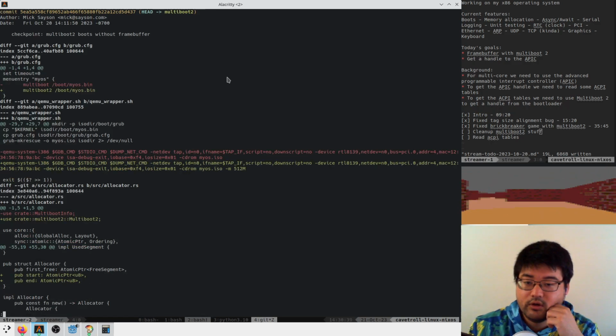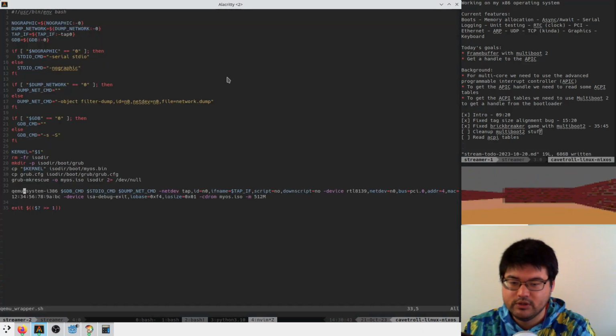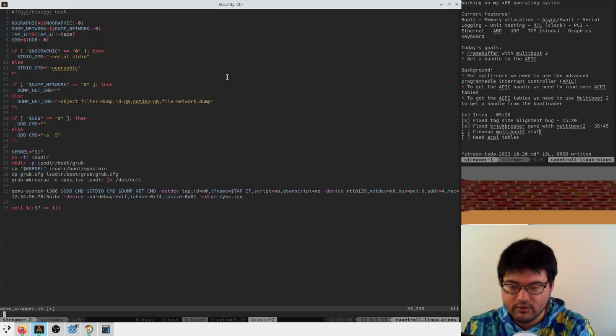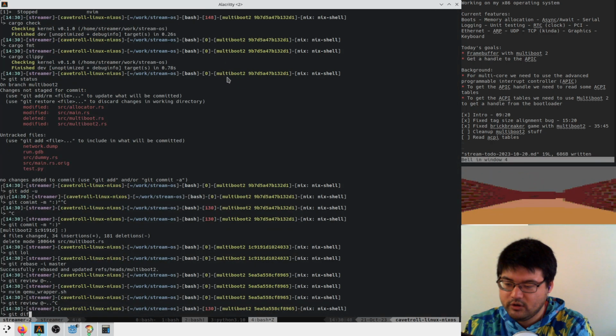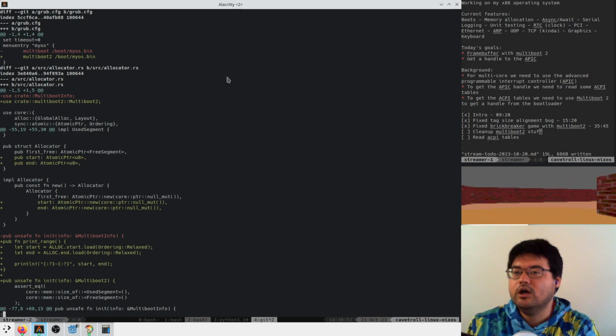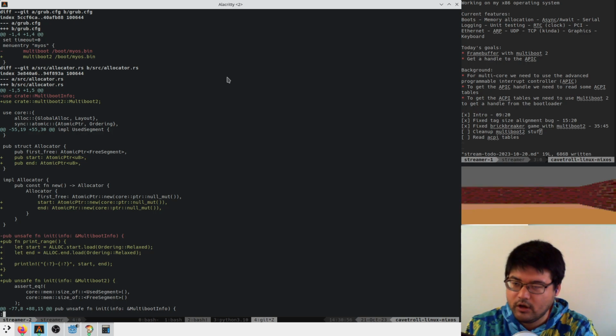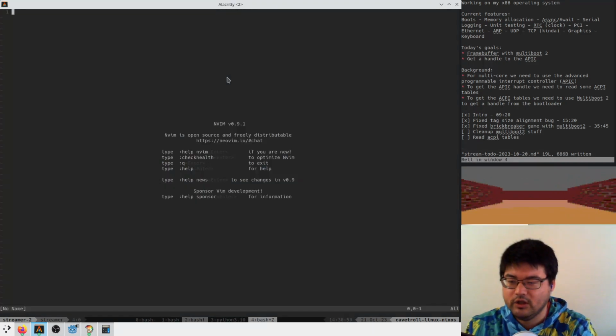So we edited our QEMU wrapper to add 512 megs of memory. We don't need to do that. We can leave it how it was. So let's look again, backup 1. So we switched our grub config to multiboot 2. I don't think that was required. Well, it might have been. Let's try it. So if we go to grub config, we say, please boot with multiboot 2, but really we could have just said multiboot, and maybe grub is smart enough to figure it out by looking at the binary.